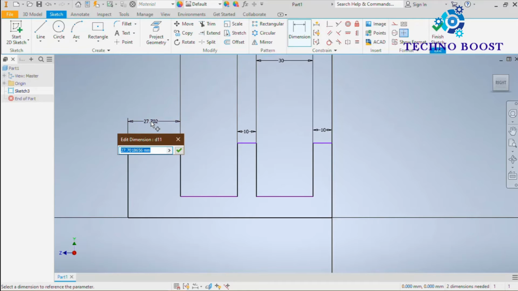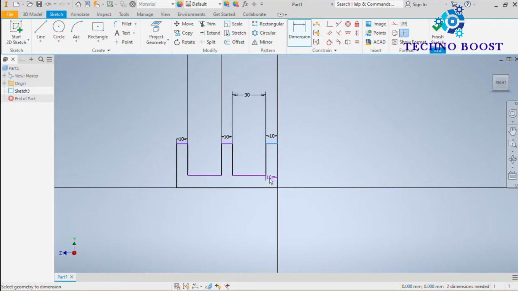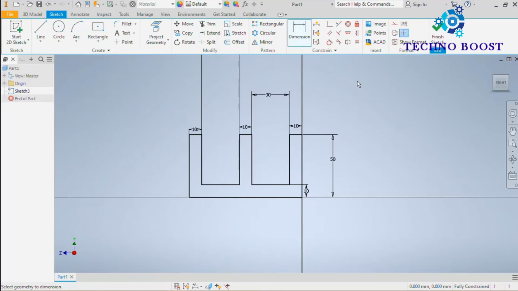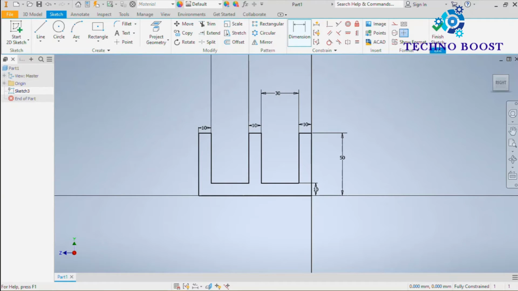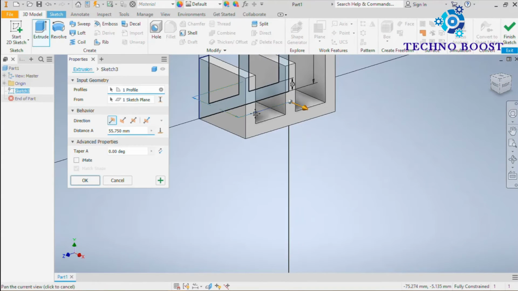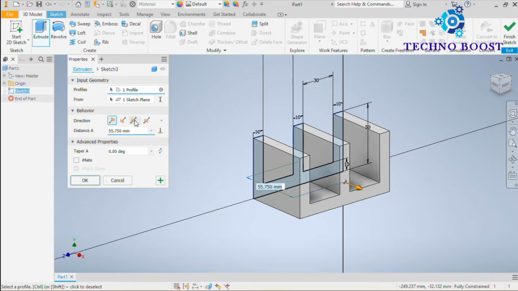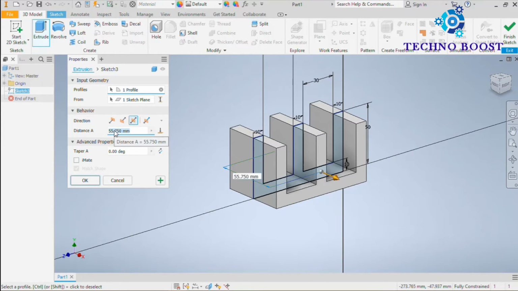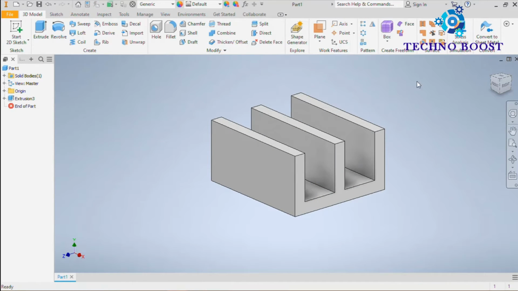Okay, and this is 10, and height 50, and this is also 10. Okay, you can click on finish sketch or directly go to 3D model and select extrude, make it symmetric and give a thickness of 100 mm.